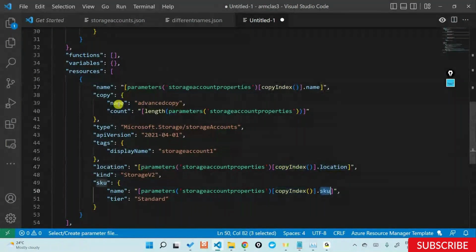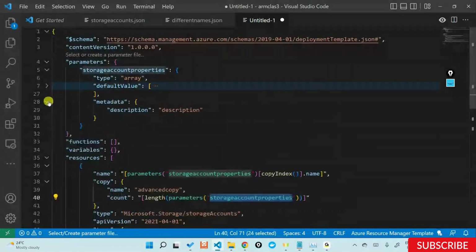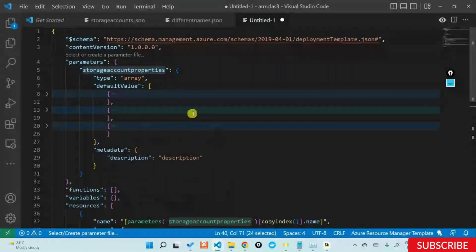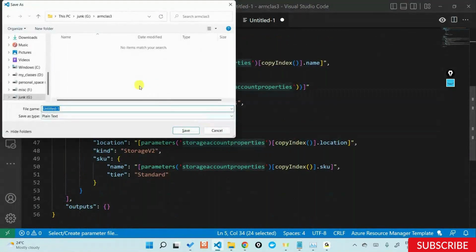Copy is just the length of this properties array. The length of the property is 3 blocks, so it is 3: 1, 2, and 3. The length of this entire property block is what I am getting here and pasting here. Now if I save this as advanced copy, as a JSON file,